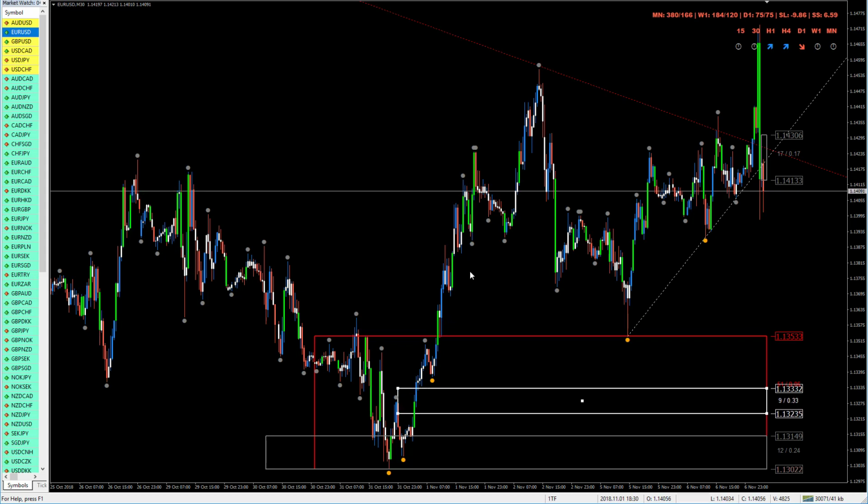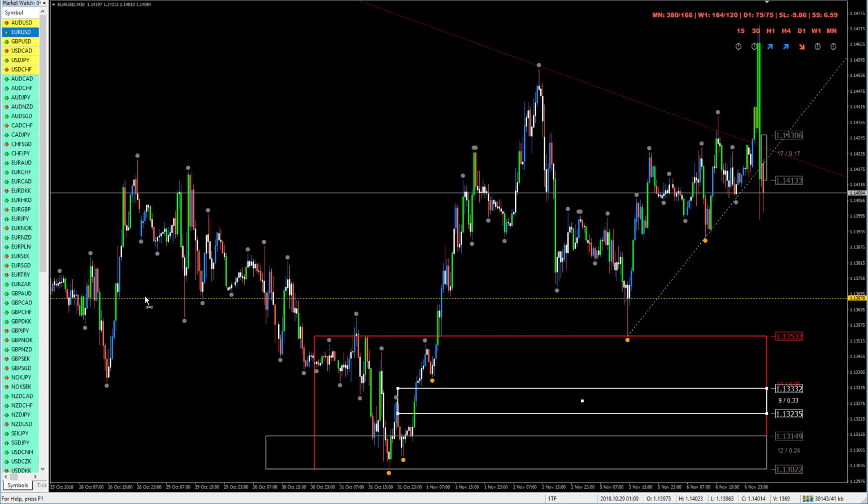You want to see really forceful pushes higher, because you can see even in this one here we had a nice push higher. We had these wicks. I mean, essentially, where do we get the biggest response? When we got it below this, so we had to go